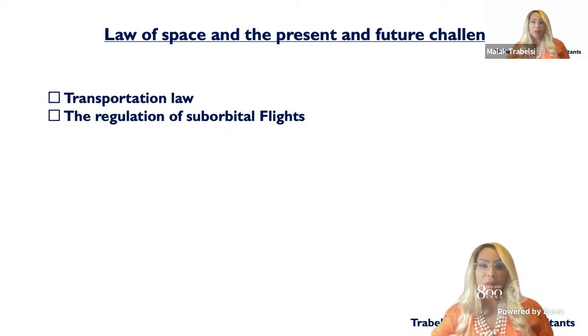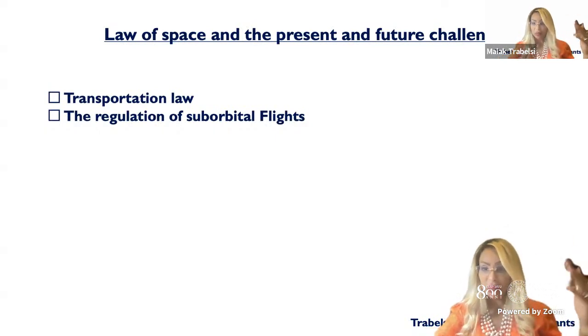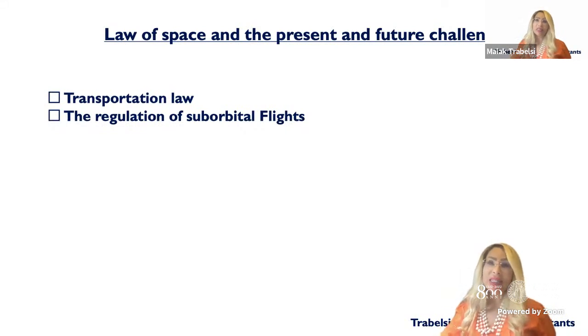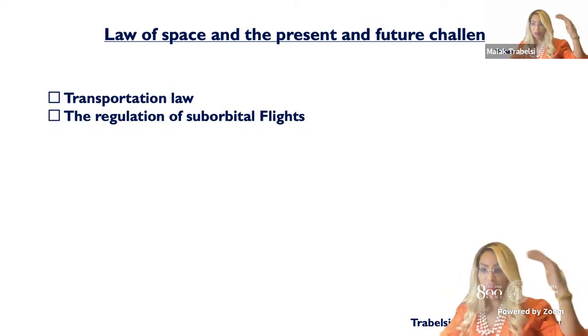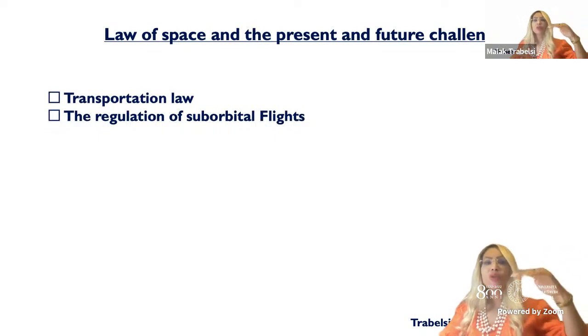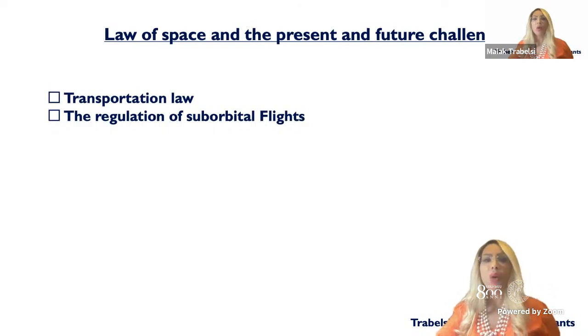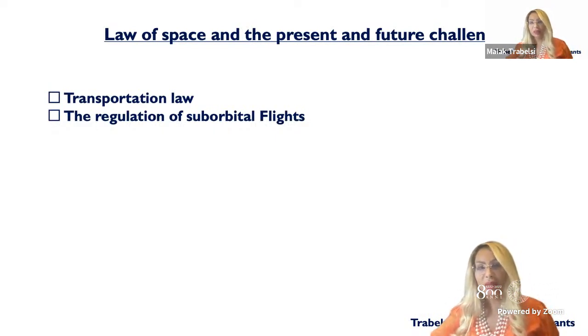And there are some problems, and these issues are still not solved right now. You have the issue of the delimitation between air law and space law. If there is any accident before a certain delimitation, a certain line, which law will be applicable? So here it's a whole new debate, and this one, actually, I would leave for a whole webinar by itself.